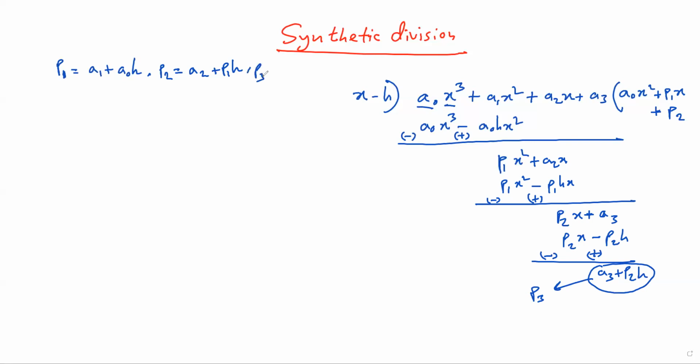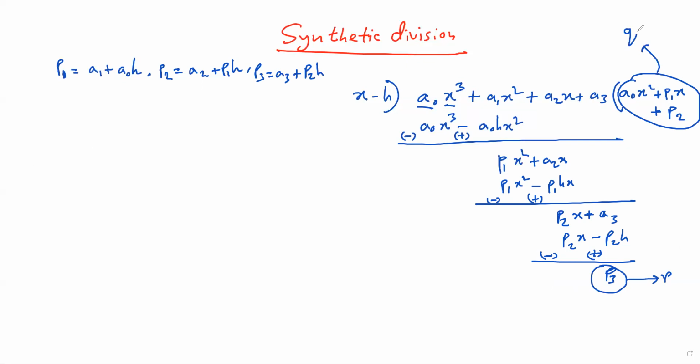So p3 is a3 plus p2 h. So just replace this entire thing by p3. And this is the remainder, and this entire thing is the quotient when we divide this particular expression by x minus h. Now,